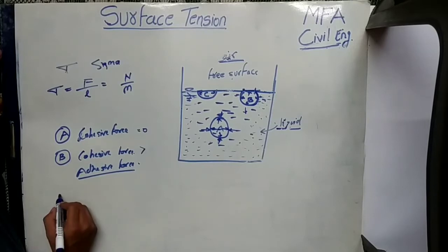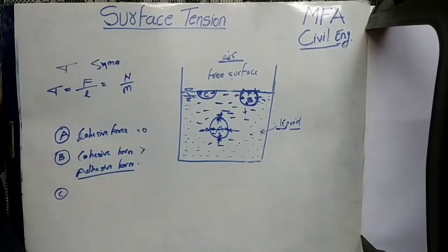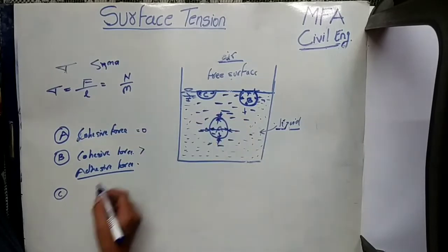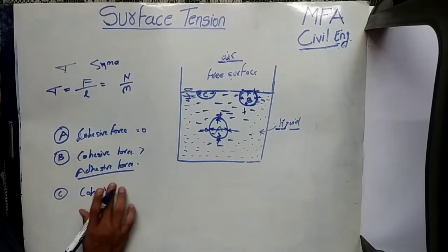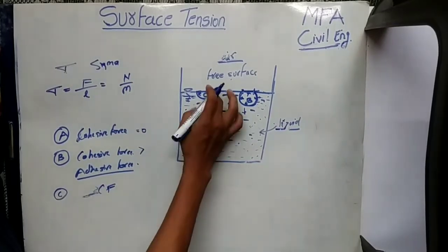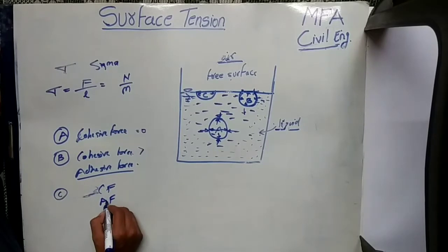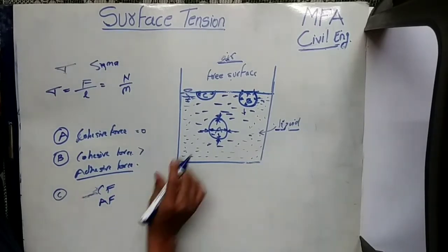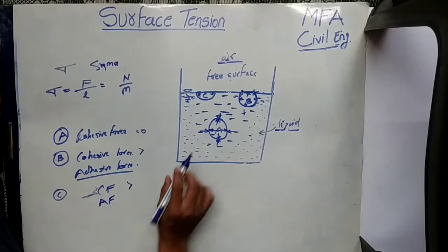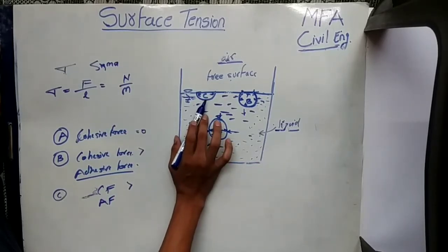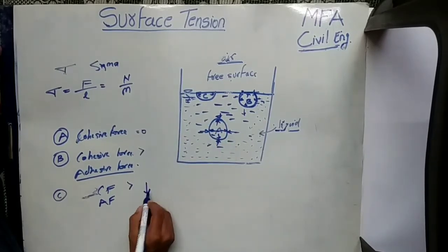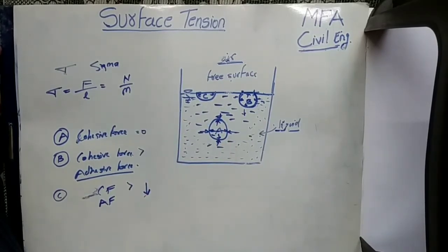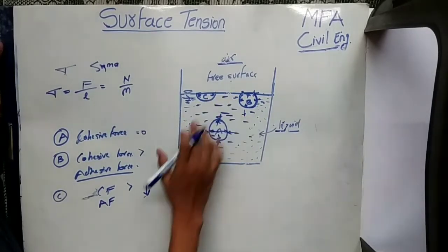Now, in the case of molecule C, which is on the surface of the liquid, half is covered with molecules of the same substance, meaning cohesive force, and half is adhesive force. In this situation, cohesive force is more than the adhesive force. So molecule C, on the surface of the liquid, experiences a tensile pull in a vertically downward direction. Similarly, all the molecules on the surface of the liquid experience a tensile pull in a downward direction.